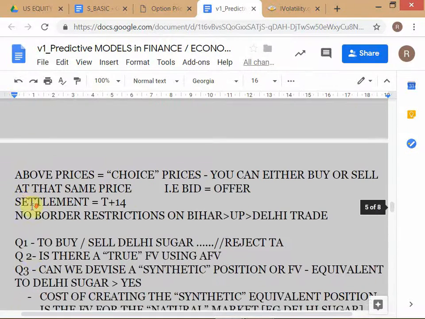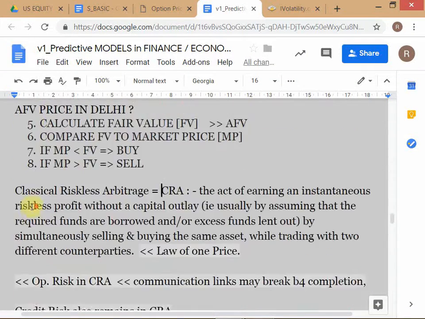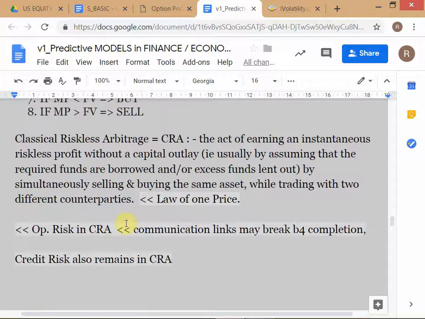So what I'm saying is that what Bhola was proposing to do yesterday is he was proposing to engage in classical riskless arbitrage. Okay, so now read the definition for a while. Please make sure, again, you understood the transaction, but you have to understand it theoretically, which means you need to know the keywords, you need to know exactly how the language is used, okay? Because many of you are very sloppy in the use of language. That is not acceptable for an MBA student.